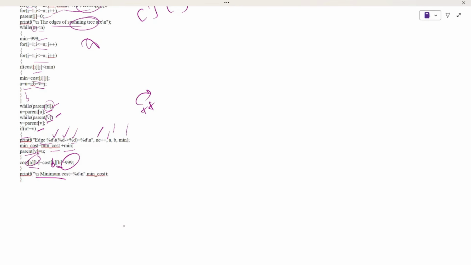And this is about Kruskal's algorithm. I hope you have got this. If you have any doubts, please do let me know in the comment box. And next we'll be moving on to